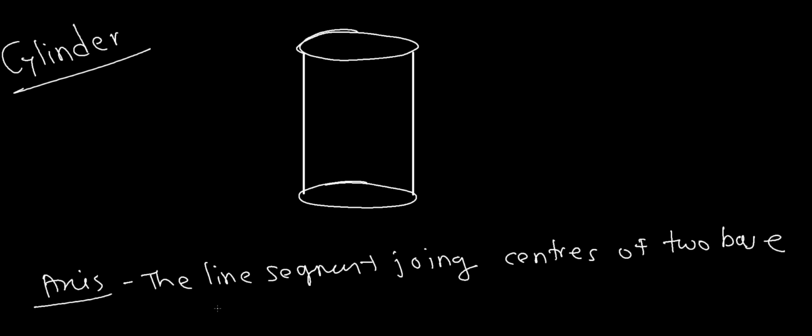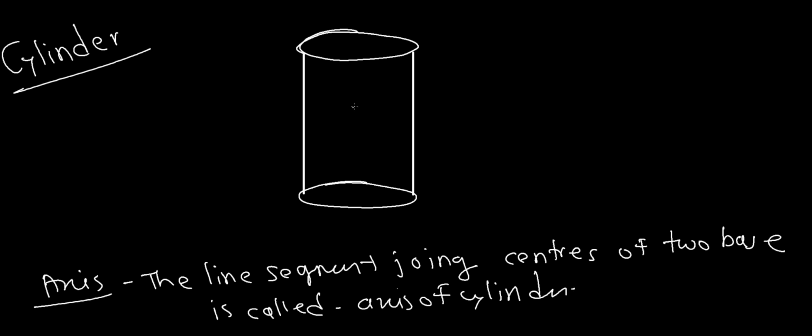The line joining the centers of the two bases is called the axis of the cylinder. So in this figure, if we point the center of the above circle as O